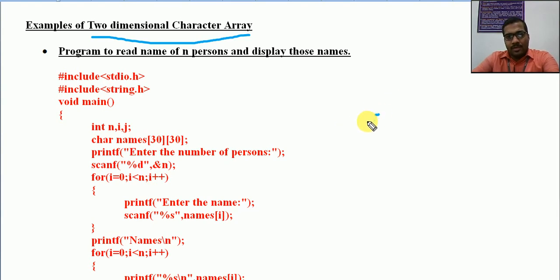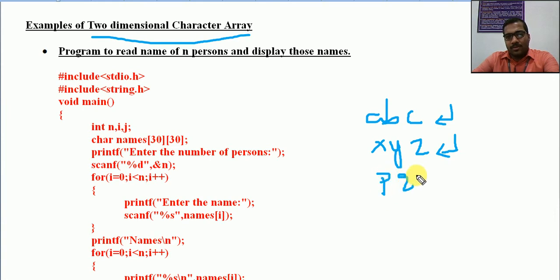If the first person's name is this one, I will write it, then press the enter key, then enter the next person's name, then press enter again, then enter another string like PQR. So just like a two-dimensional integer array, here also we are forming a two-dimensional character array.